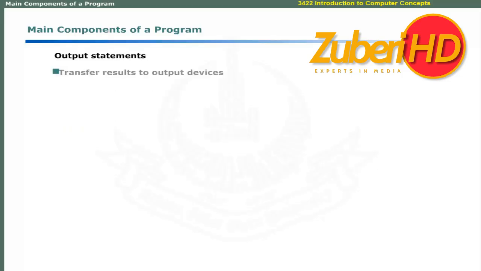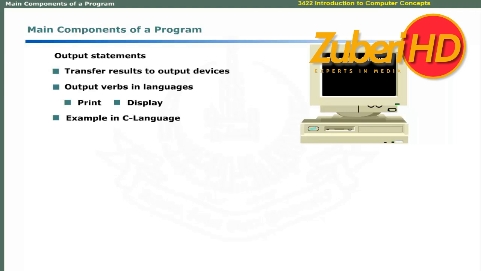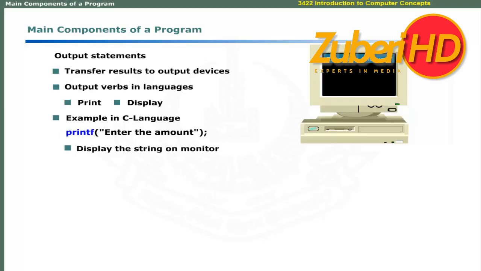Output statements transfer the results of operations to output devices. Languages use verbs like print and display for this purpose. For example, C language uses printf statement to display the output on monitor. A typical output statement may look like this: